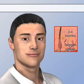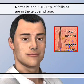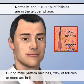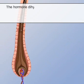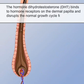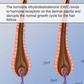Normally, about 10 to 15% of follicles are in the telogen phase. With the onset of male pattern hair loss, this number can increase to 20% or more. The shift occurs when a type of androgen hormone, dihydrotestosterone, or DHT, binds to hormone receptors on the dermal papillae of hair follicles. When DHT contacts a hormone receptor in the dermal papilla, it activates pattern hair loss by disrupting